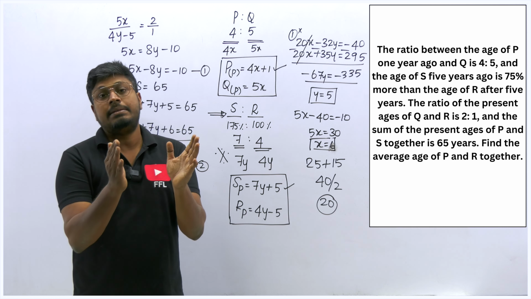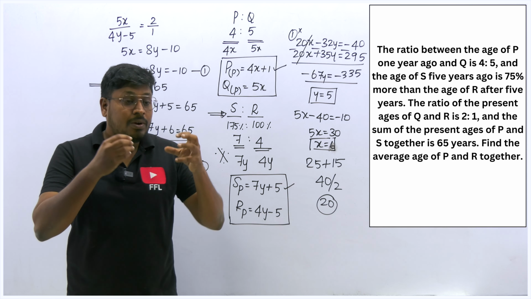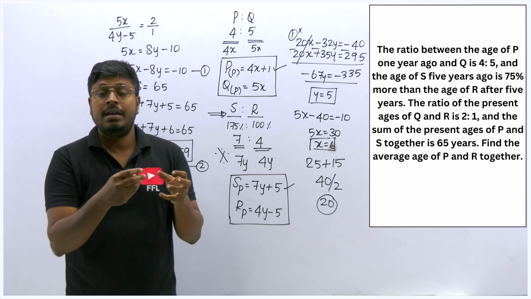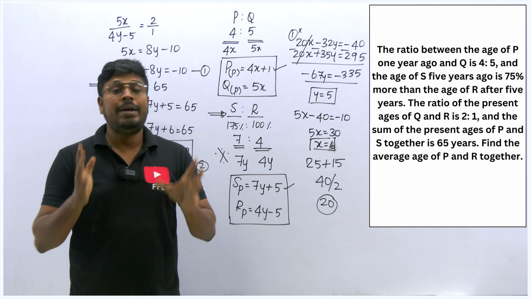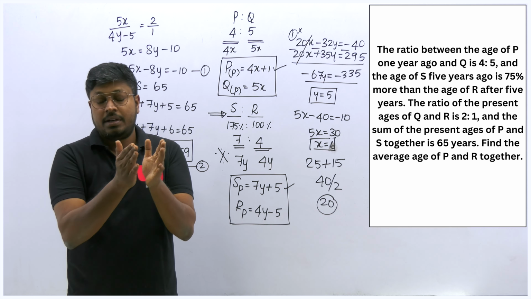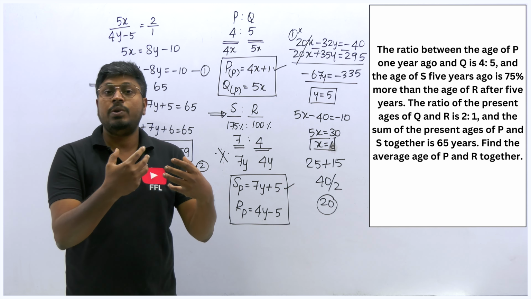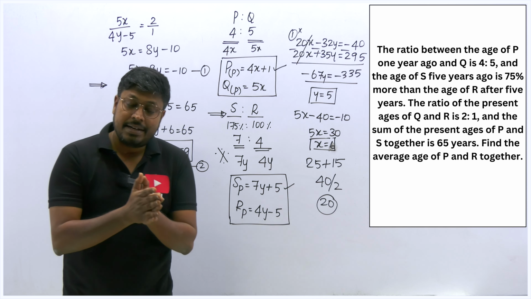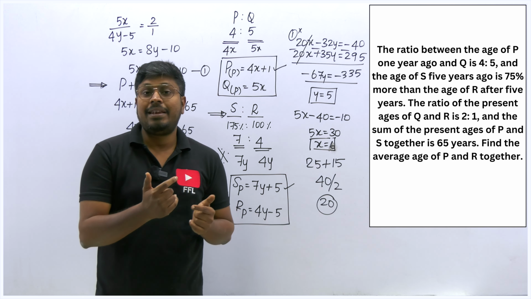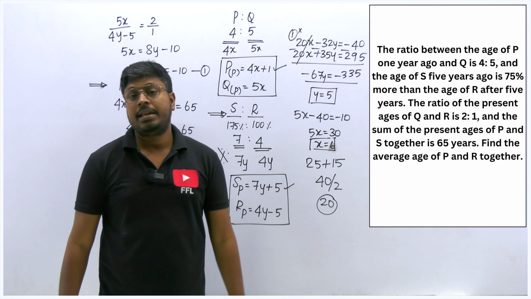Bring all the persons' ages to the present and then look at the question carefully. What are all the clues they have given in the question? By using the clue, how can we equate it? Once you equate the two values they have given in the question, either in a value of x or x and y, you will definitely get one value. After finding one value, one person's exact age, finding all the remaining will be easy.